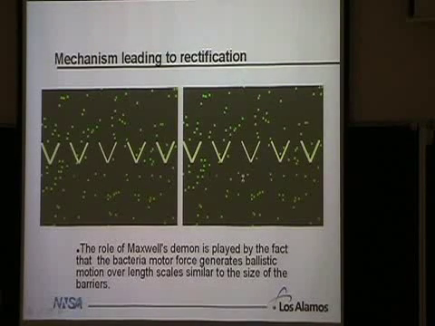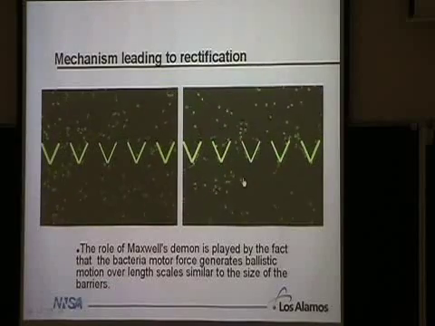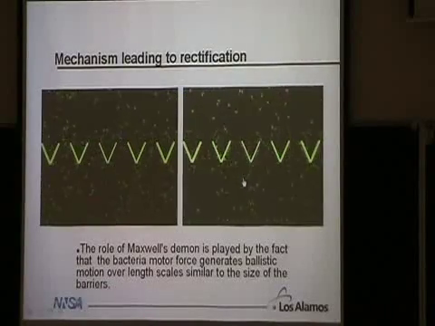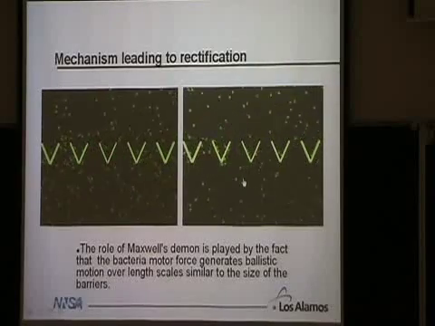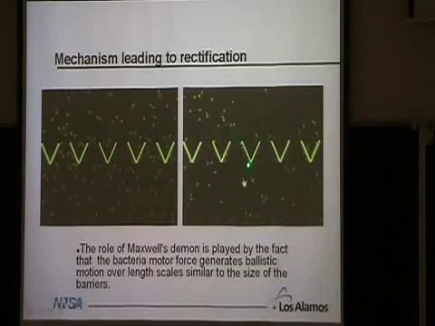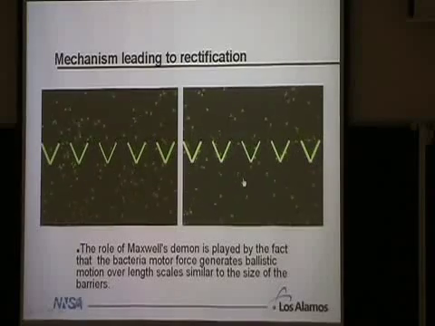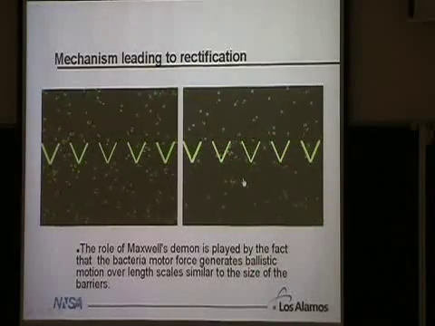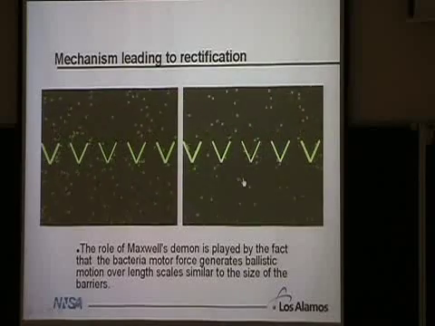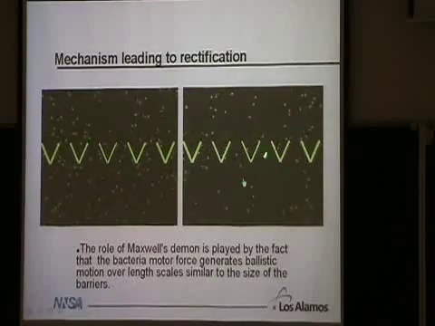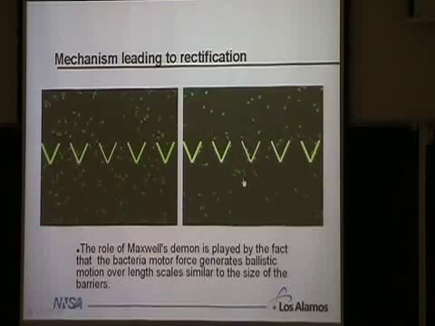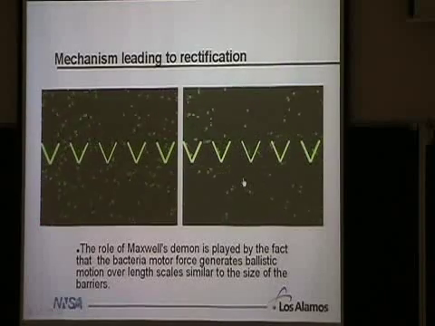So let me just show you a movie of the two cases. Here's your thermally interacting bacteria. You can see they really don't care that there are barriers. Whereas here are our ballistic bacteria. You can watch them run along the sides of these potentials and get caught under these and everything. So this is just zoomed in on a small part of the sample. So here we get the rectification where they'll eventually wind up mostly up here, concentrated up here. And here we don't get anything. The concentration just remains constant.